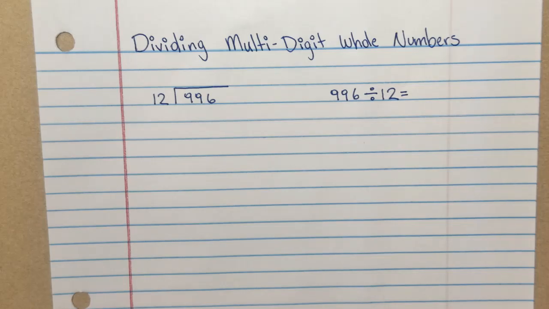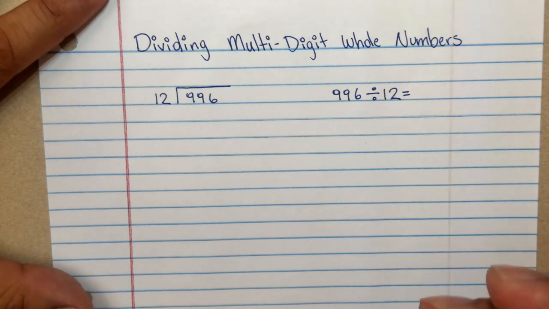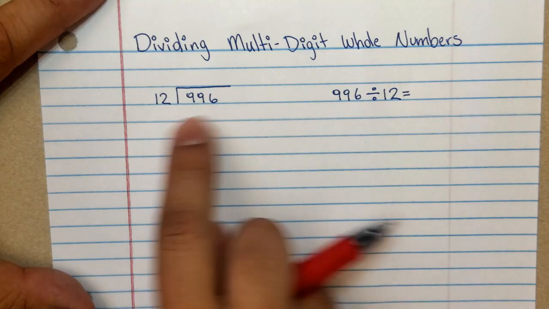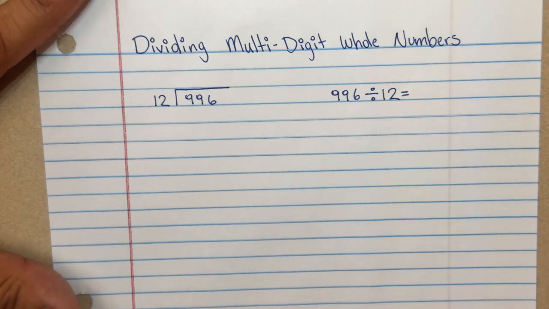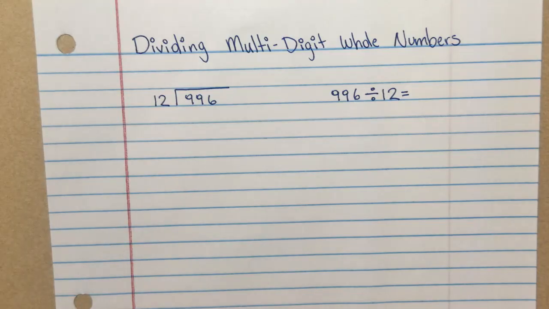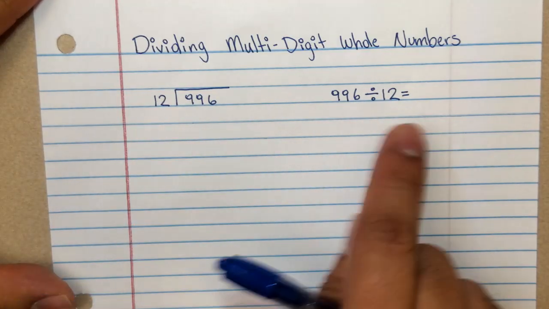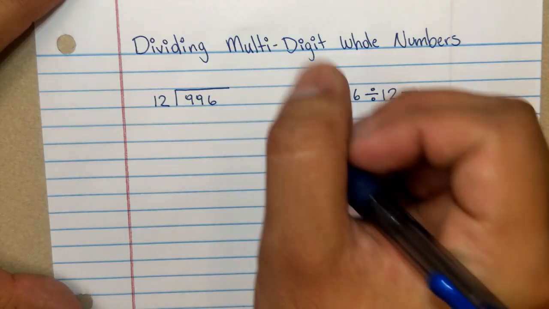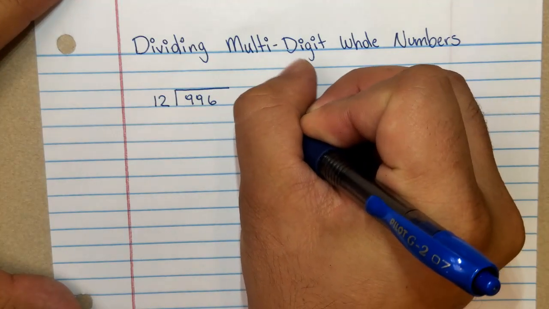All right. So we're going to divide two multi-digit whole numbers. But before we get started, we first want to know the vocabulary. So division you'll see actually in three different ways. These are the two most common ways, but another way that you'll see division is you'll have it as a fraction